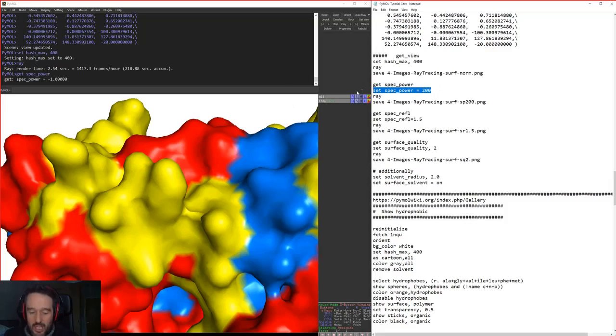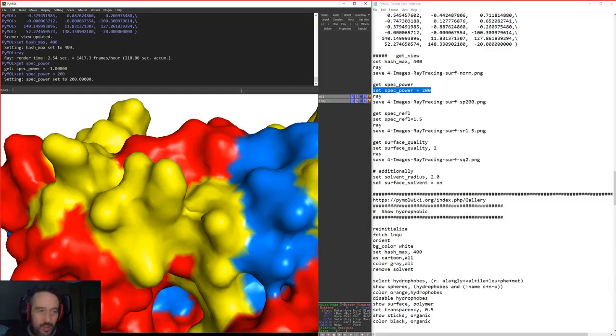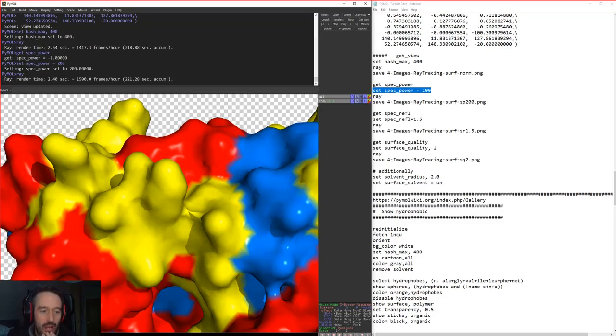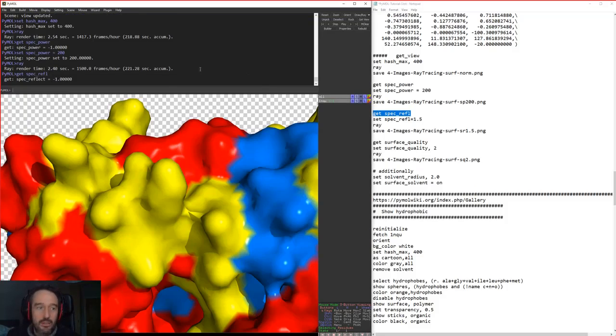So we can turn that on, give it some value here, and now if we ray, I don't know, this one isn't hugely noticeable, but what happens here is that we've tightened up the reflections in these white parts here.